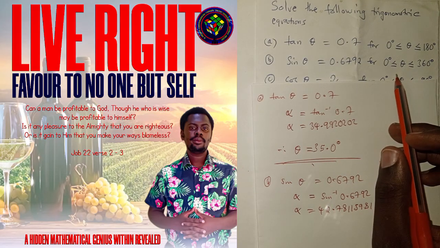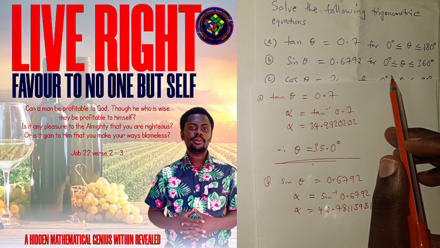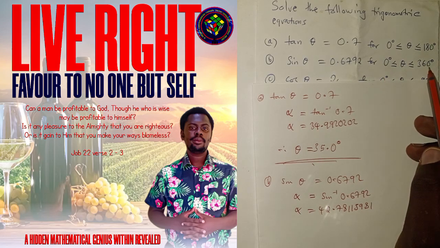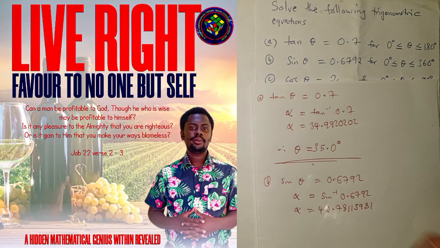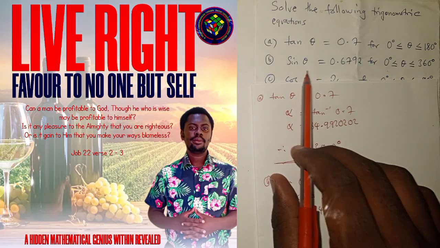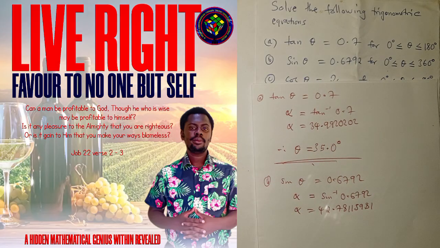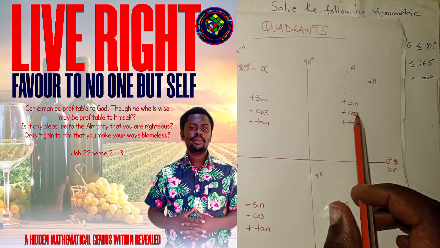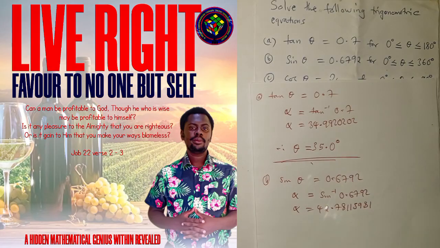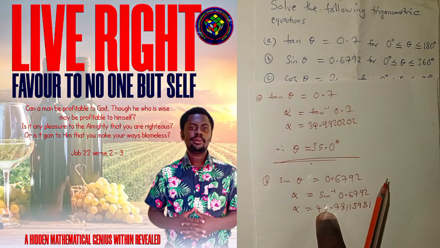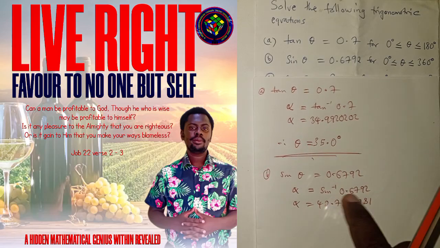we are given the range of values, or the solution set should be from 0 degrees to 360 degrees. So from 0 degrees to 360 degrees, it means we are considering all the four quadrants. Now this sine of theta is positive, so you get the values of theta where sine is positive. And we know that sine is positive in the first quadrant and the second quadrant. Now the first quadrant, this is the solution in the first quadrant. We already have it. That is